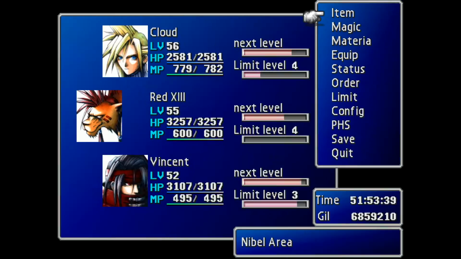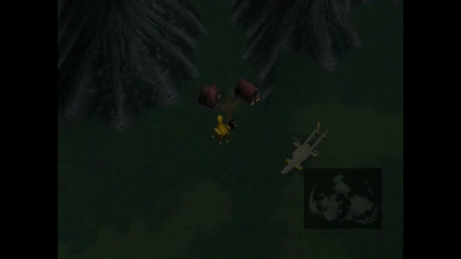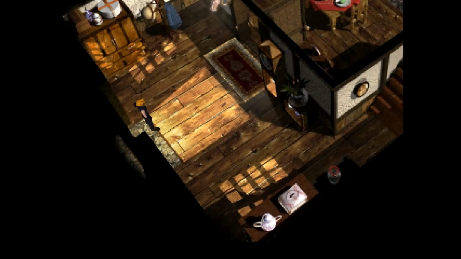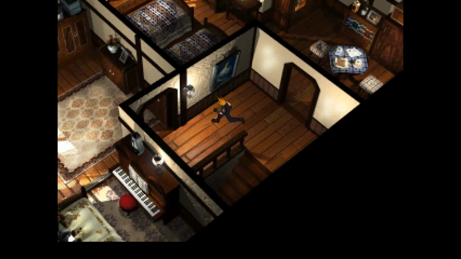Okay, before we go into Nibelheim here, make sure you switch your party so that Tifa is with you. If you don't have Tifa with you when you do this, you're not going to get the item you're looking for. So come into Tifa's house, up the stairs, and play the theme song of the game on the piano